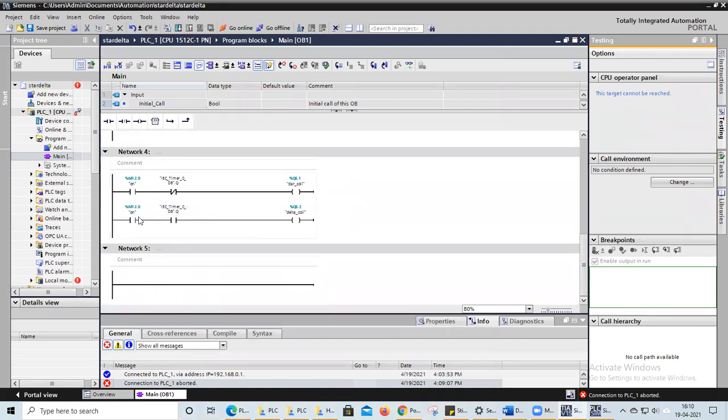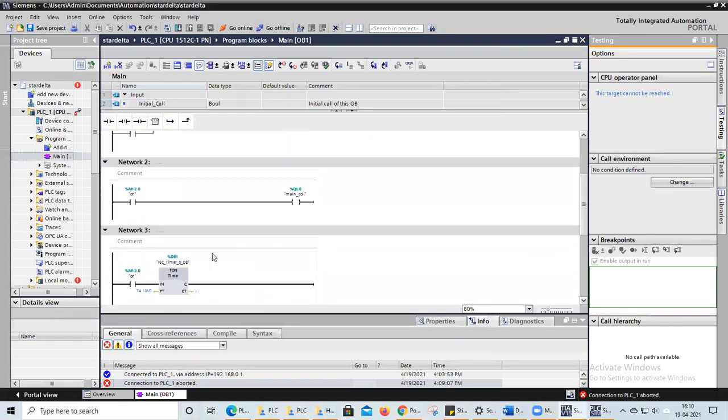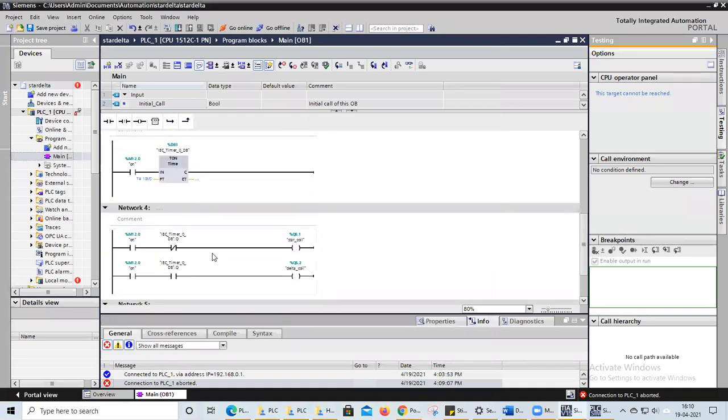Reset 10 milliseconds on time period. Once again, we will try once.